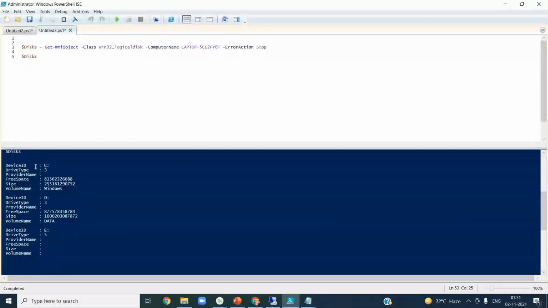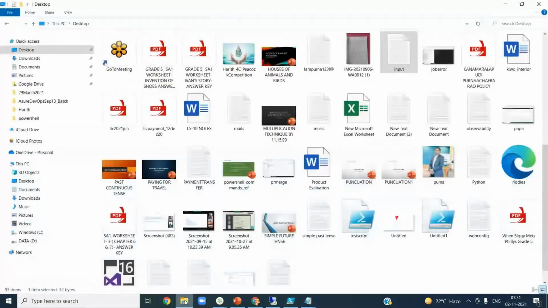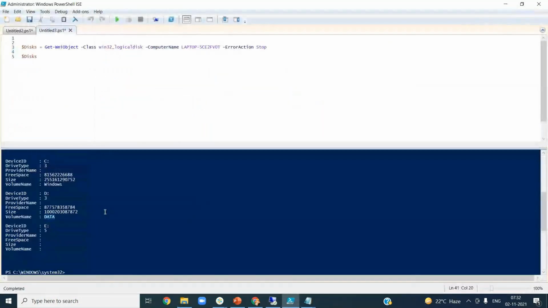C drive information, and then D drive information, and then E drive information. It is giving me some data as well. Device type is 3, free space is in bytes. This free space is 81 something, and then size, and then volume name. Volume name is what you see here, right? This is the C drive. Whatever label you see here is the volume name, basically data. So I got all this information using this